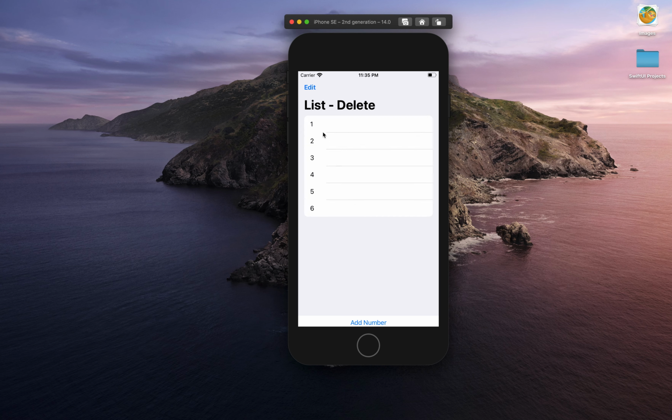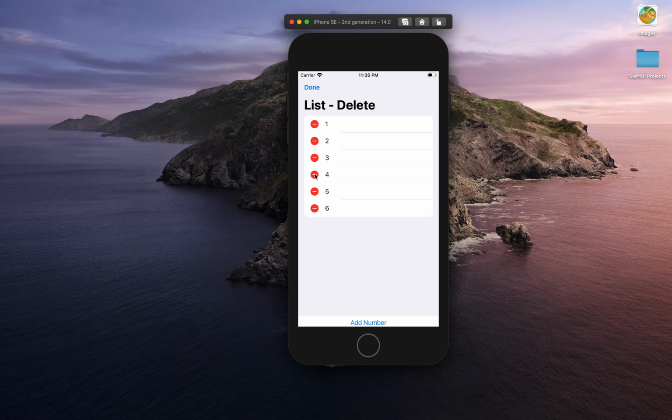So we are going to see how we can create this edit button, where if I tap on this we will get this feature enabled, where I can delete any row from my list, and this gets updated, and once I click on done this gets hidden. This is very easy to create in SwiftUI, and very few lines of code are needed for this. So let's get started and see how we can create this.